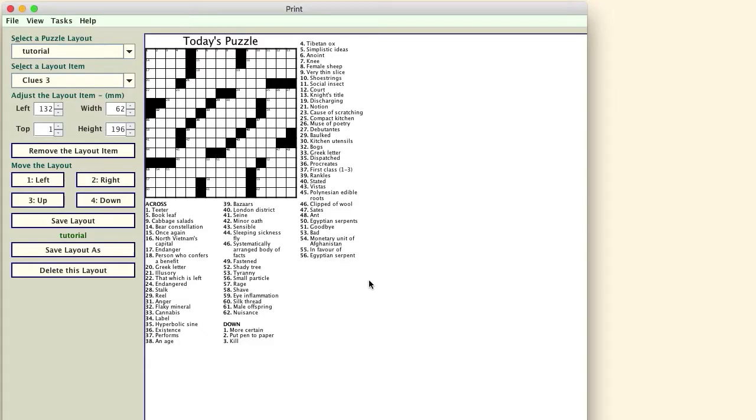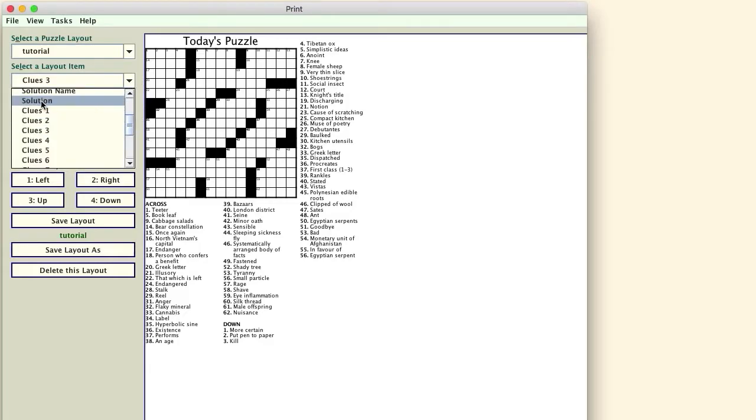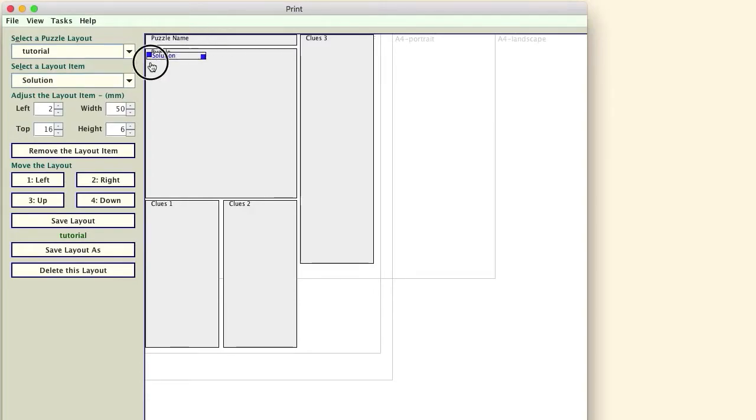This area down here now, what are we going to use that for? Okay, well I've got a plan for that, and that plan is, if I can find it, the solution. And I'll drag that roughly down into this area here, so that the solution, not of today's puzzle, but the solution for yesterday's puzzle, as you probably would guess. The top for this is 207. I'll type all of these, 207, enter. The left is 132. And it's a square, of course, being a solution, and it's 62 by 62, so we can type in 62,